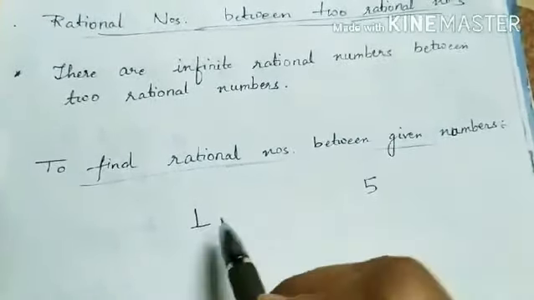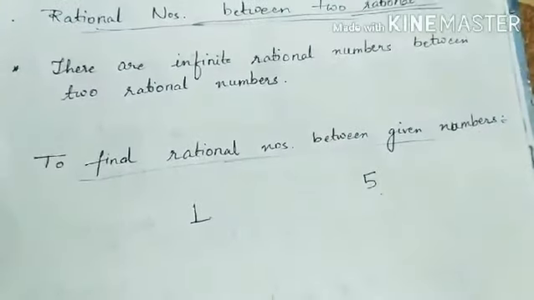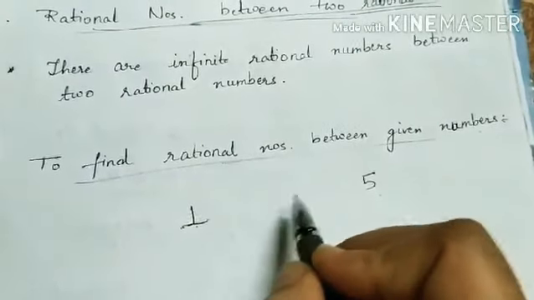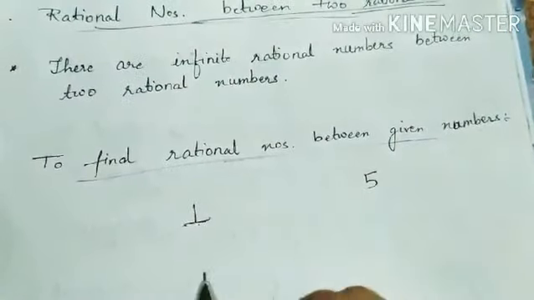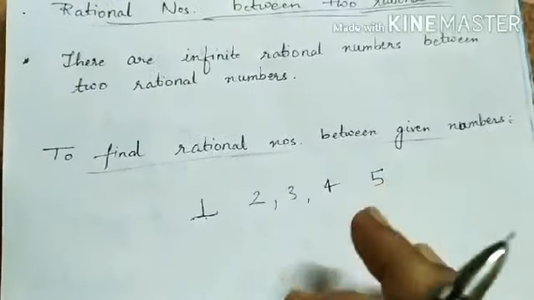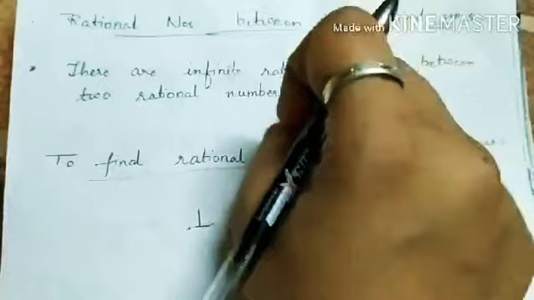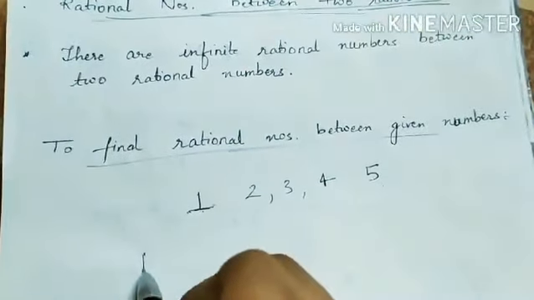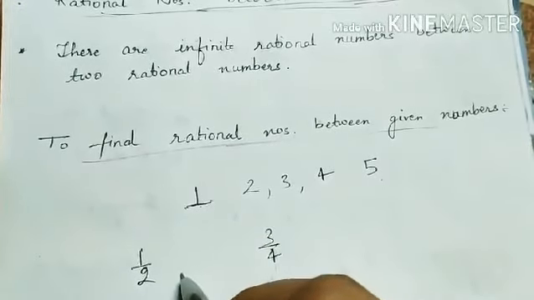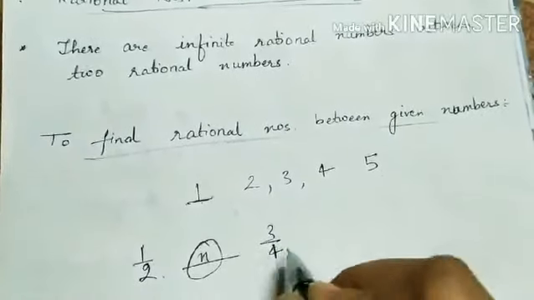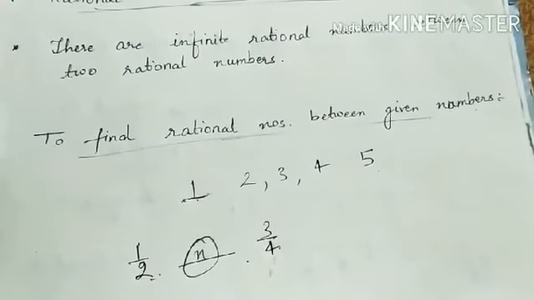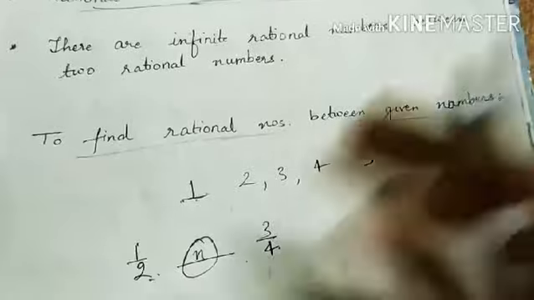Before that we'll see one example of simple example like 1 to 5. Can you tell me, this is two integer or whole number, whatever you say, and you have to find the numbers between them. So obviously it is very easy. 2, 3, 4. Likewise, you have to do this in the rational numbers. If a number is given as 1 by 2 and another number is given as 3 by 4, so you have to find n number of rational numbers between these two numbers. So we are going to see that how can we do that.